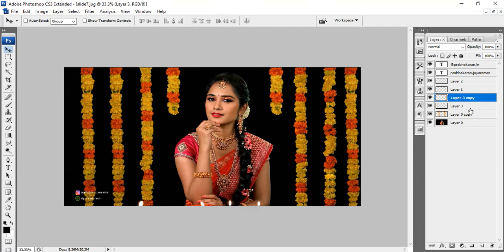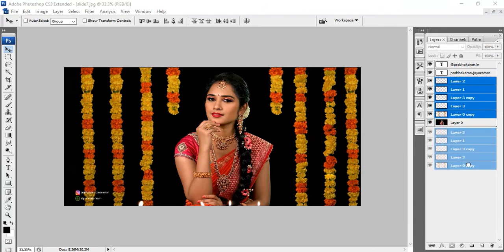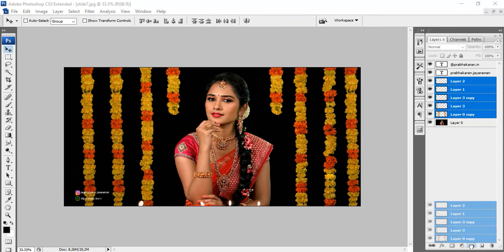Take an example. This is our original background image. See, these flowers are one design, which I just showed you. What I'm going to do is make all these layers a group. Group means I'm not going to merge them; I'm going to create one folder and keep them in it. How do you do that? Just select all layers and drag them to the folder icon.